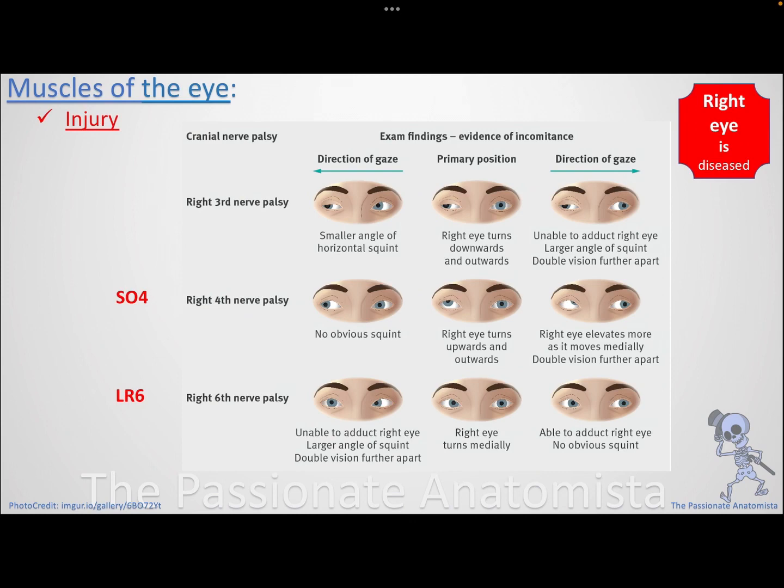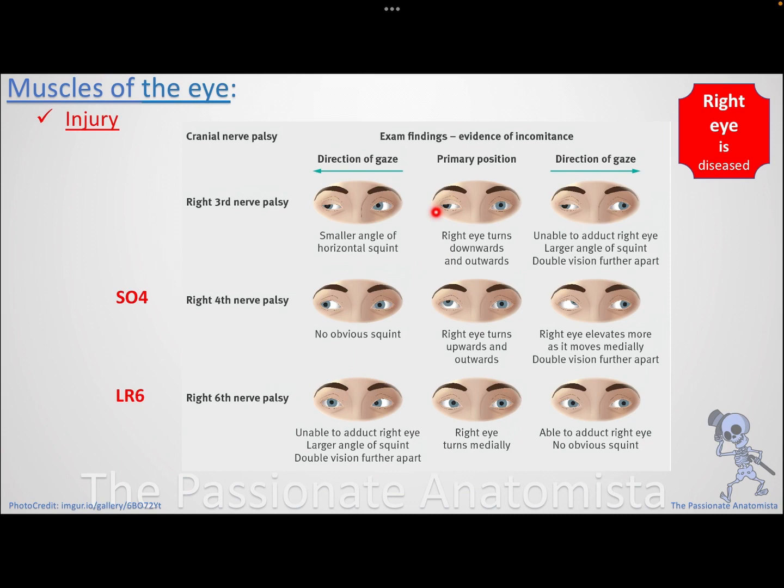So we might have a nerve problem and we want to selectively test which nerve is affected, which is what we're gonna do now. Or there might be a problem with the muscles themselves, and this is another story. And we talked about some of them on how to isolate them. Now, in the primary position, the patient will come to you in the clinic looking like that, the midline features, okay? If that patient comes to you